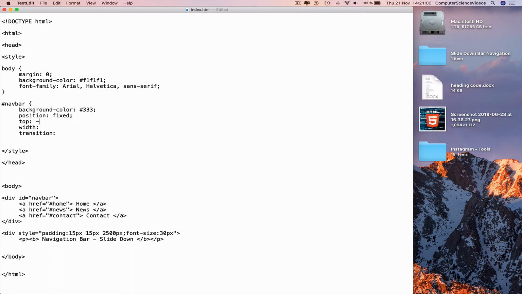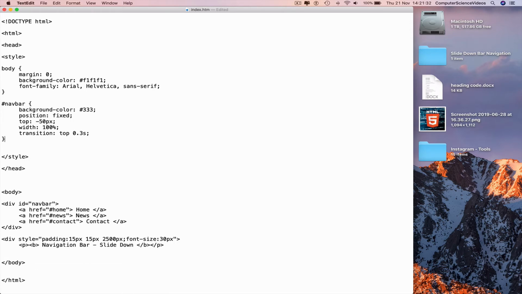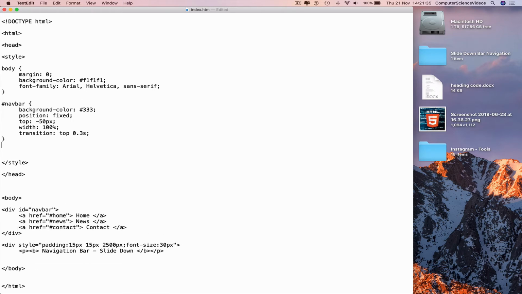Top minus 50 pixels, semicolon, hide the navbar 50 pixels outside the top view, width 100%, semicolon, full width, transition, top 0.3 seconds, semicolon, transition effect when sliding down and back up. Go to a new line, curly brace, go to a new line again,